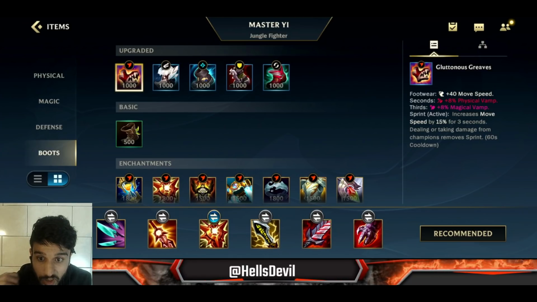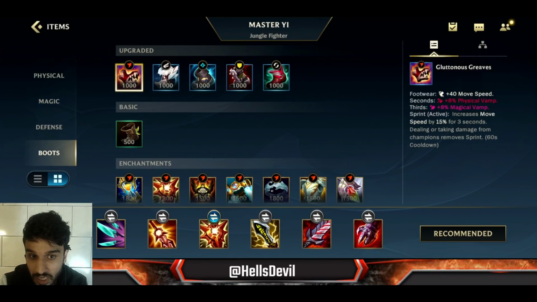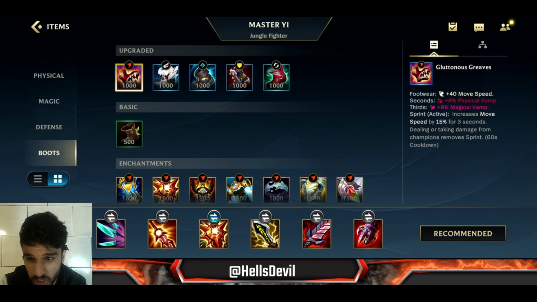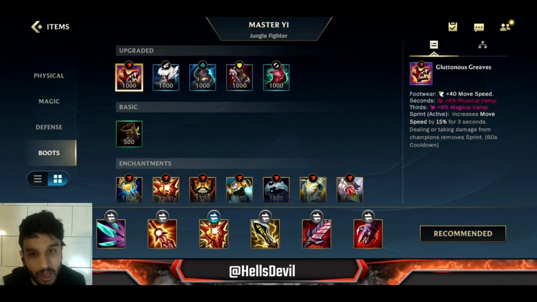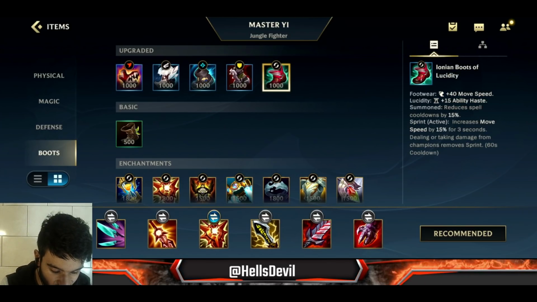First of all, because in team fights, you already do an insane amount of damage and you're going to be healing up, right? But the second reason is also, whenever you go into a small skirmish and get low, you can just attack minions and heal up with the 8% physical vamp. So these are the boots that I would go for, either Glutinous Greaves, Mercury Threats,